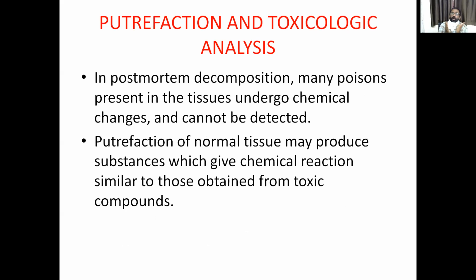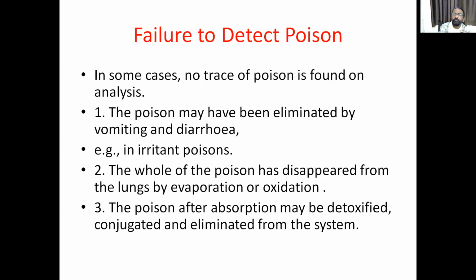toxicological analysis. Putrefaction and decomposition of the body also vary the toxic effects in the toxicological analysis. That means if a diseased person decomposes, then naturally the body produces some poisonous substances. So after ingestion of the poison, the report of the chemical analysis varies. For example, in a decomposing body, cyanides and H2S will be produced. So this production will vary the chemical analysis report. Understand?